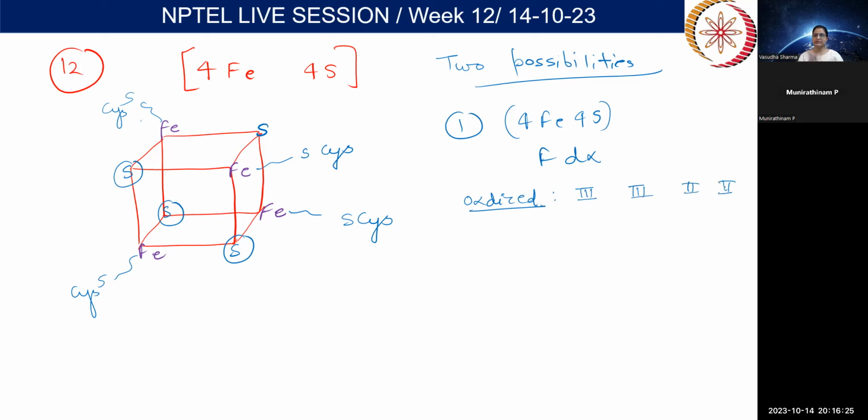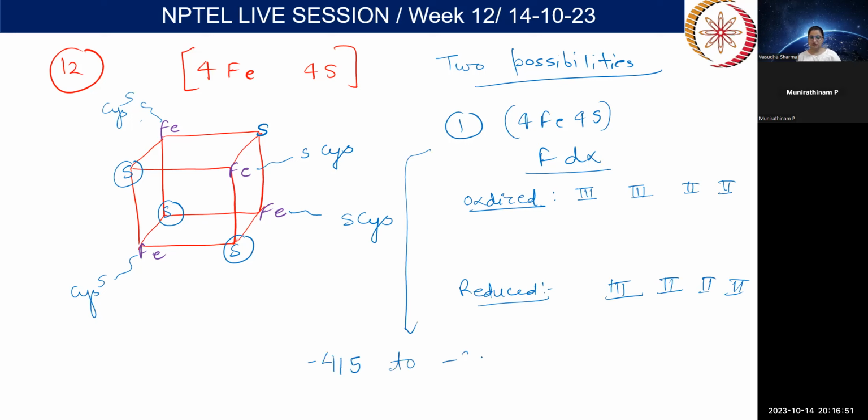So 2 irons are in +3, 2 irons are in +2, and in the reduced form, we know that one of the +3 goes to +2. So this is the expected one. In this particular case, when we have these two +3 and two +2, why are we saying that it is 4Fe4S ferredoxin? Because this requires